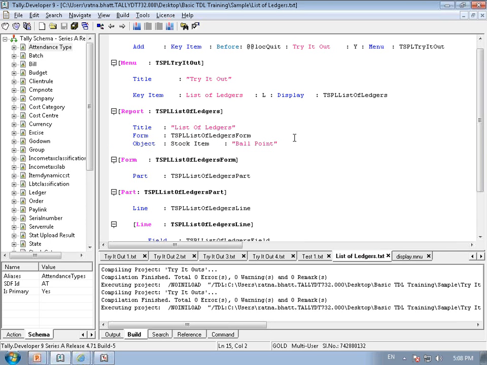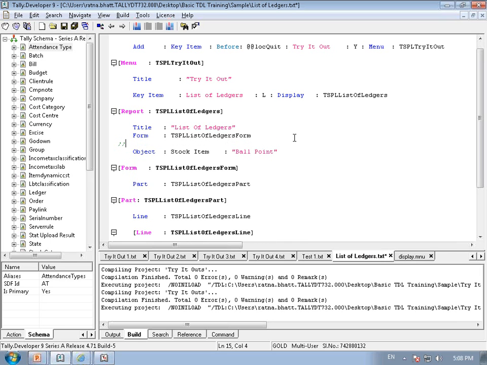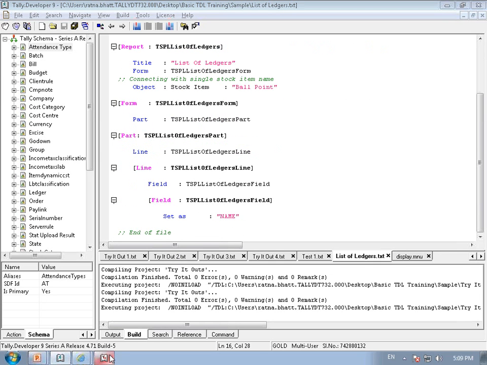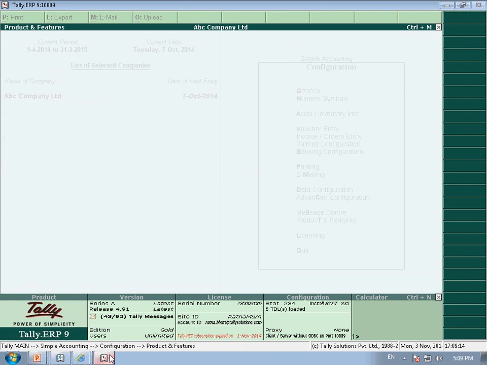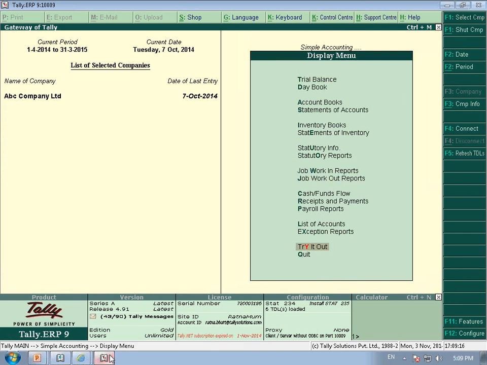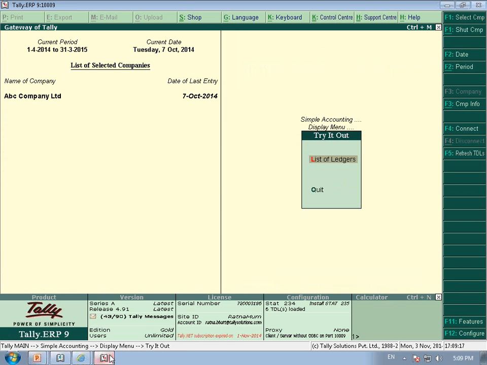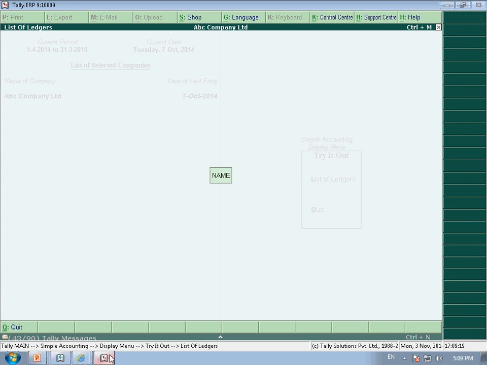Is this clear to everybody? Connecting with a single stock item name. Okay? So let's see, does it give any impact? F12, TDL, F4, display, try it out, list of ledgers. There is no change in it,